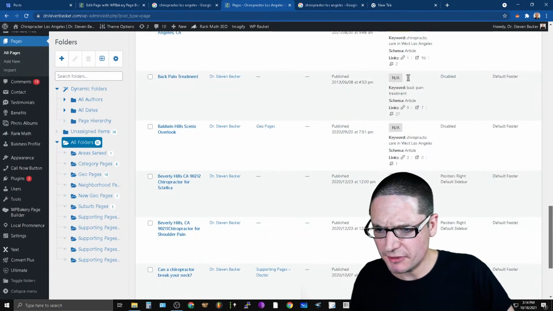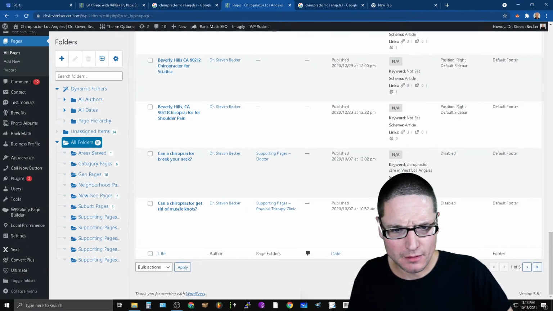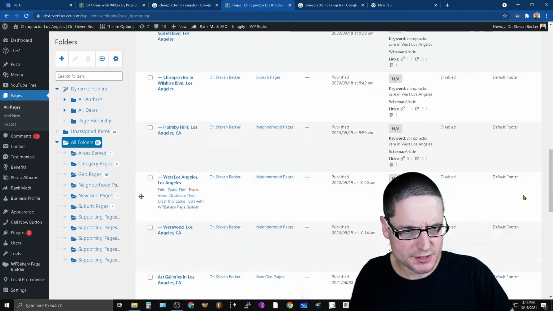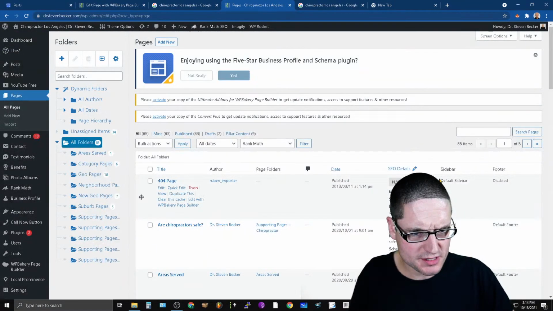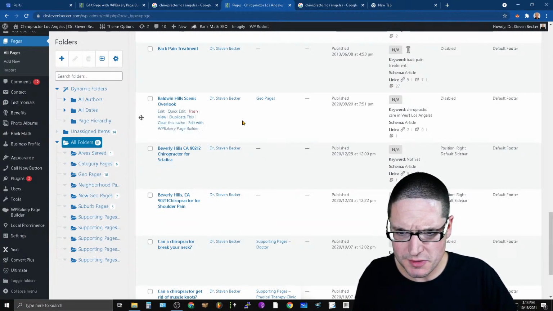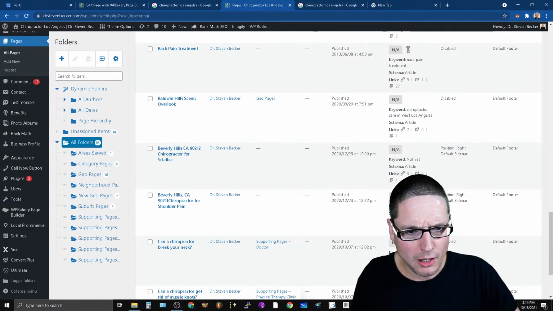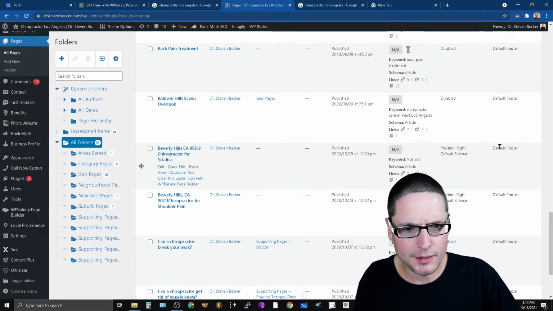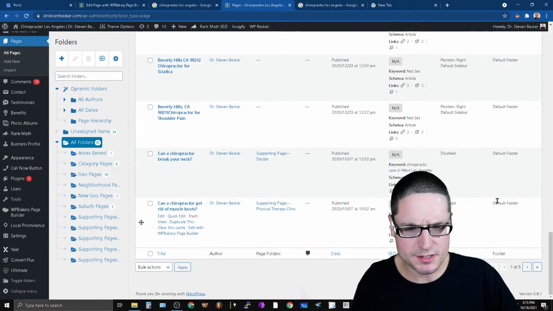All right, so what's a filler page looking like? Let me see here. So it's all default. Disabled is the sidebar. Okay, so sidebars are disabled. So these ones have sidebars. All right, so I want a sidebar. No, I don't want a sidebar on this kind of page.